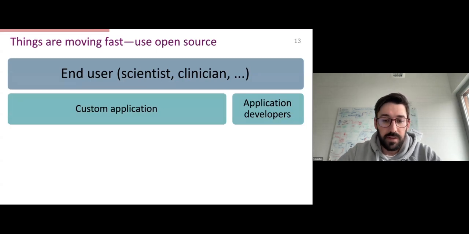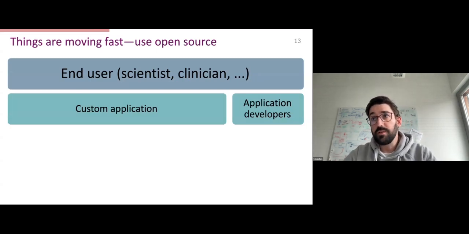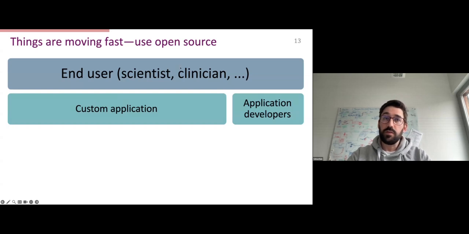This ties to the principles that I think are very important, particularly in research, as compared to the big companies that are very rapidly developing generation after generation of these models. And where we have this use case that probably many of you are interested in, which is that you have an end user that you would like to support in a task, that can be a scientist, a clinician, or whichever other kind of user you can imagine. And then you have a top layer of application developers that develop an application for this type of user. And the strength of LLMs is that the user can interact with the software in language, which for most people